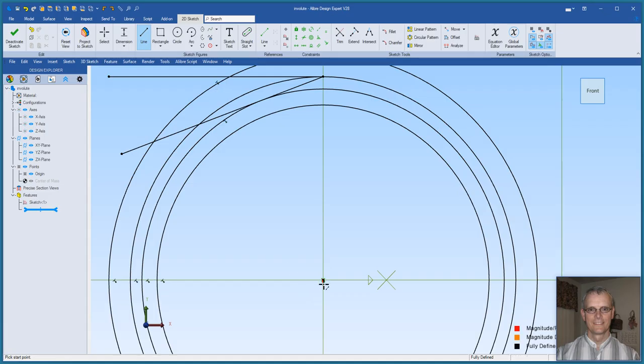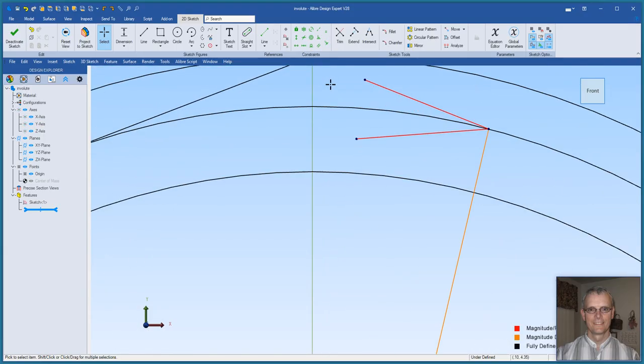The basic thing we want to do is create a geometry that goes to the base curve. We want to set the distance of each component from each other, and we want to set the geometry that we'll use later to create the involute curve. To do that,